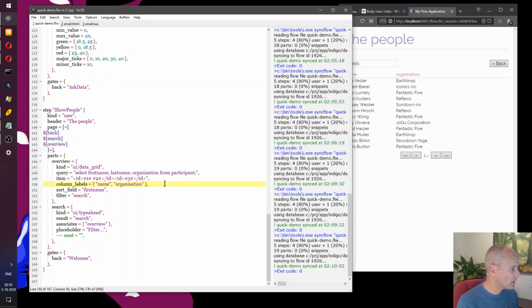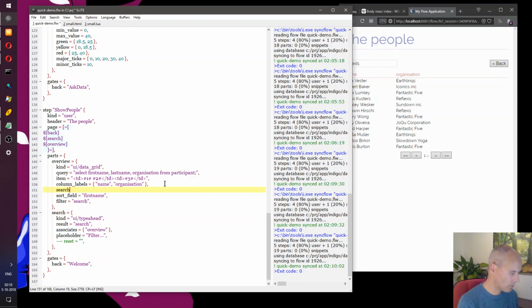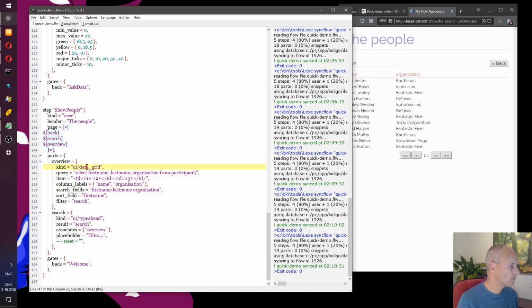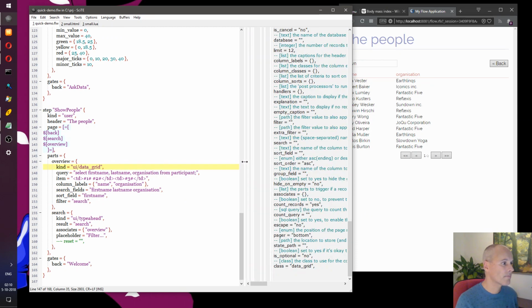Ah, yes. And that's because I did not specify the fields that should be searched. So in this case, I can say first name, we can search all the fields. No, let's try this again. Let's go back here. Show the list of people. And nothing happens again. So what did I forget? I probably misspelled some of the properties. So let's see what the properties are.